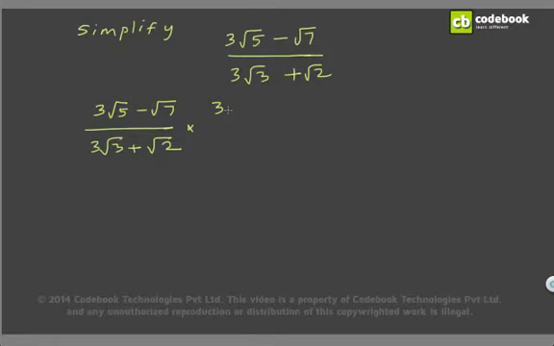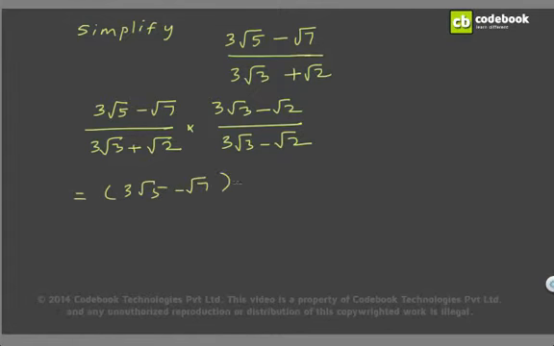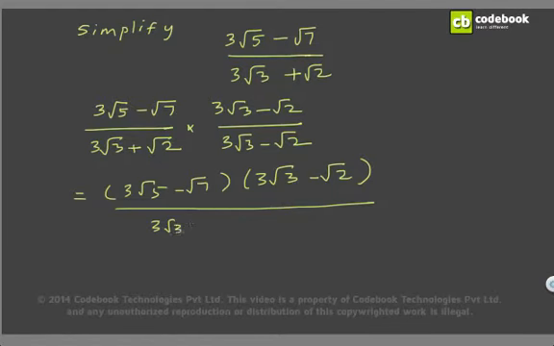So multiply it by 3 root 3 minus root 2. Similarly 3 root 3 minus root 2. So over here you have (3 root 5 minus root 7) times (3 root 3 minus root 2), and on the denominator you would have a square minus b square, which is (3 root 3) whole square minus (root 2) whole square. So if you recall the properties of square root of real numbers, this is in the form of